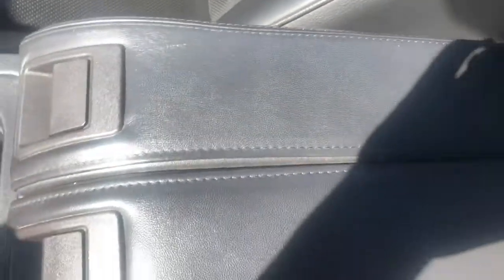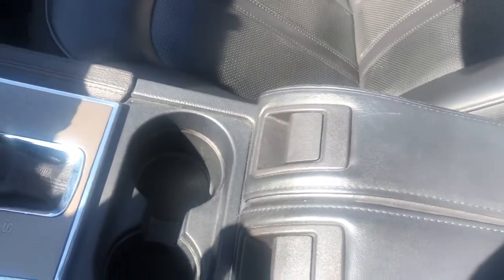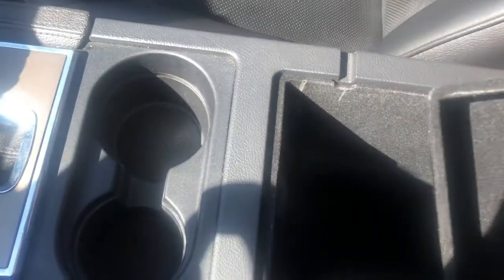You got your cup holders here. It does look like you have two separate compartments here in your console. In fact, you have two separate armrests, but it is all one compartment. You do have your 12-volt plug-in in here, as well as this removable compartment here for any little knickknacks like change,